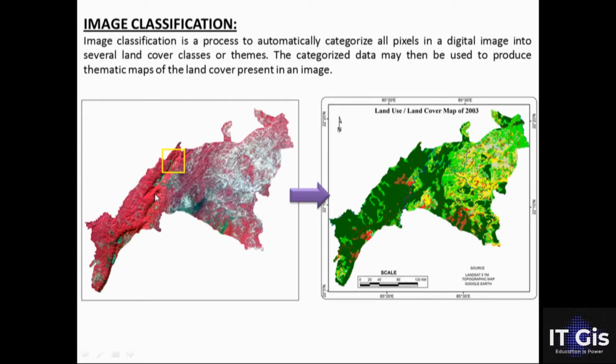In unsupervised classification, we first classify based on the natural spectral grouping or clusters. The image is automatically classified into different categories. Then land cover is identified by comparing the classified data to ground data, and we identify each category as different classes. For example, if we categorize the whole image into 10 or 20 parts, then we take 2 to 3 parts as one land cover class. That is the process of unsupervised classification.